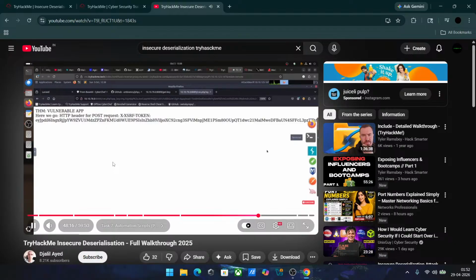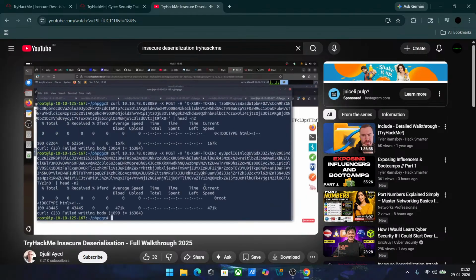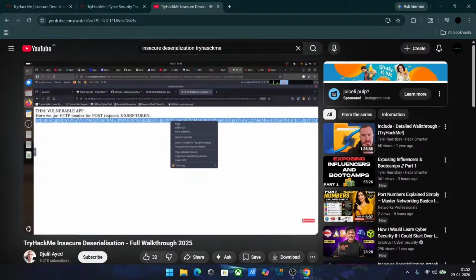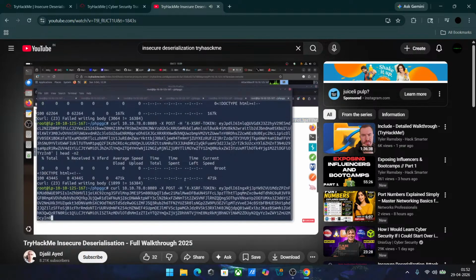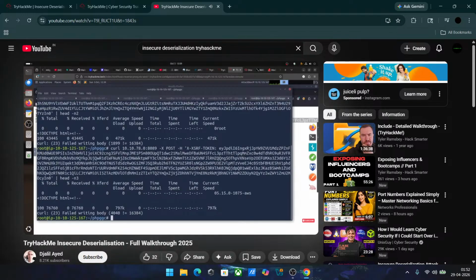Then we can come to this. We only need this one. Token, we get our new token there, so just copy it and then paste it there. And then head minus, and let's see what happened, minus 3. See, it's written here 0. I'm not sure if